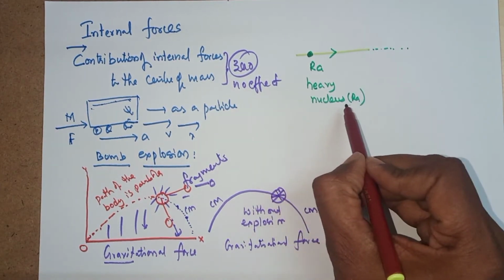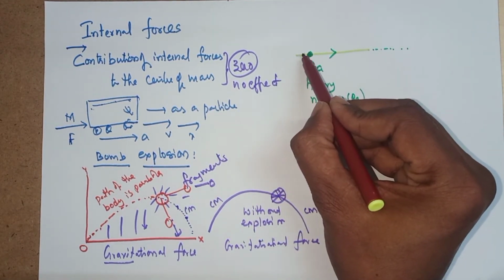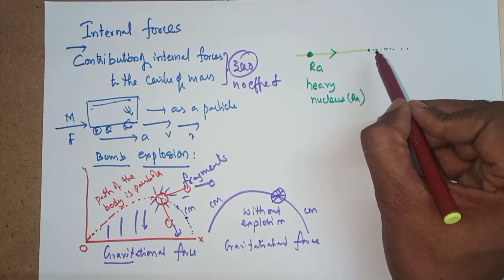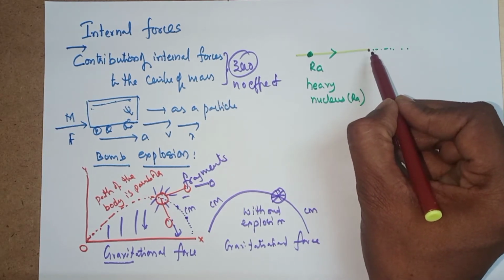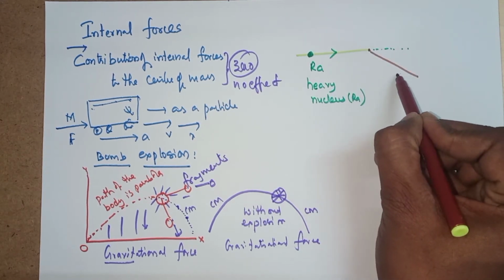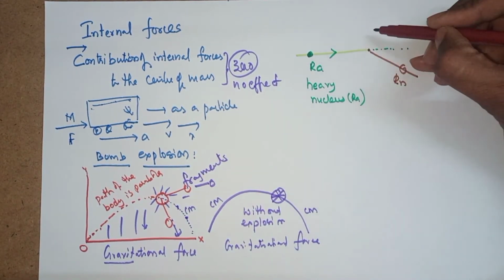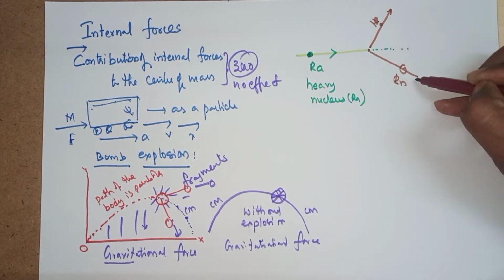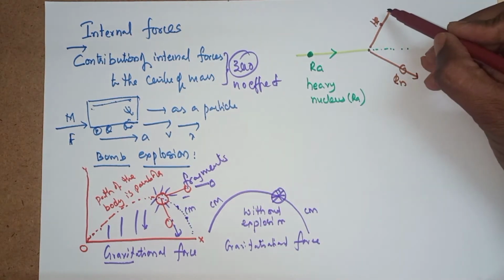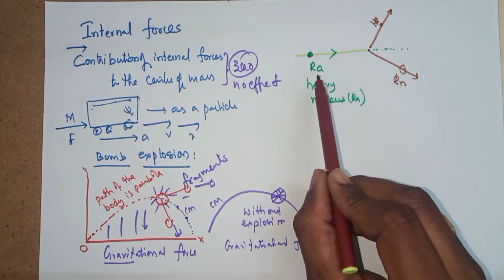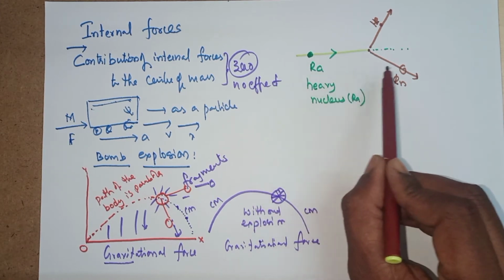Here the heavy nucleus radium is going in a uniform motion. Suddenly it has been divided like a fission process. It disintegrates into two nuclei. One is radon, the other one is a helium alpha particle. Because we know that in natural radioactivity, a heavy nucleus is not always stable. The unstable nucleus will disintegrate, will divide into other nuclei. It is being transmuted, meaning changed from radium to radon.